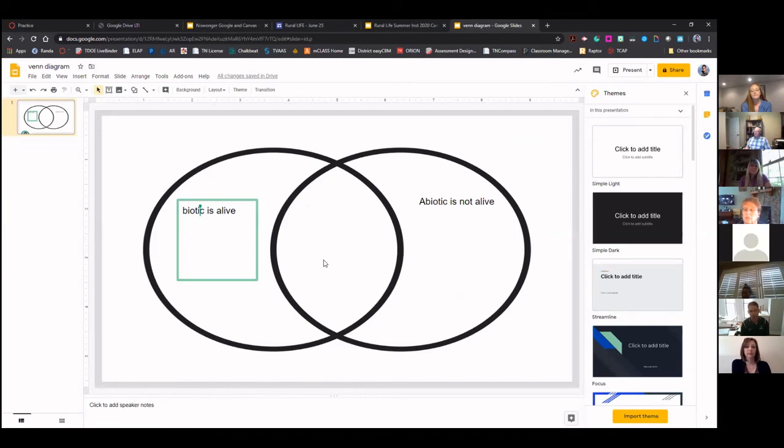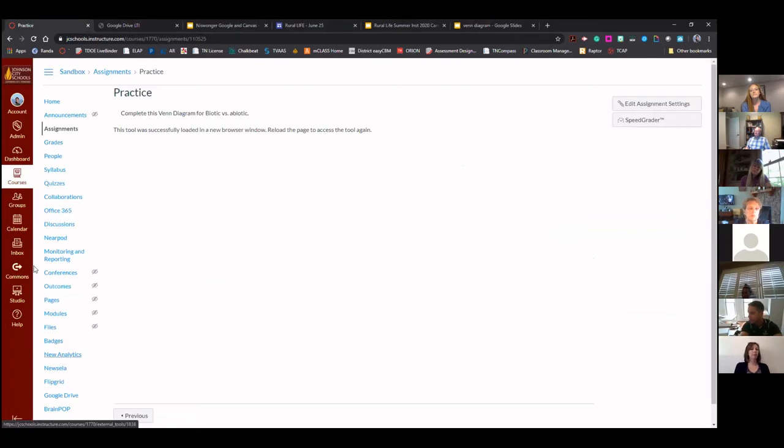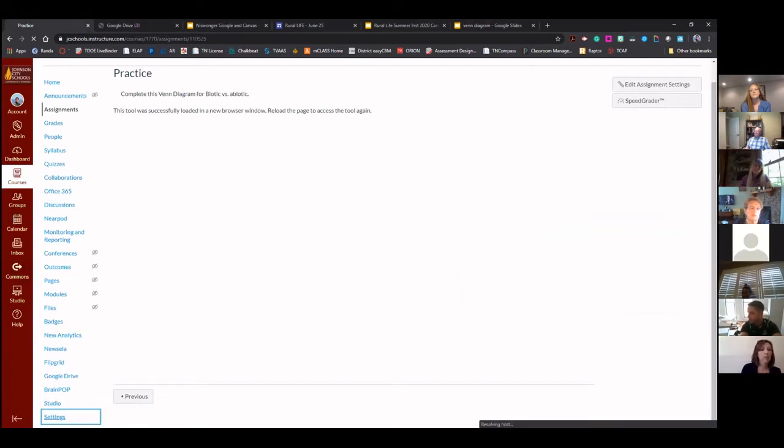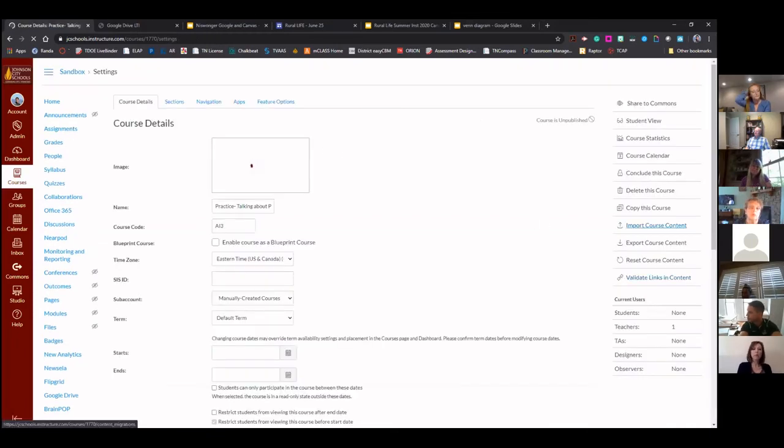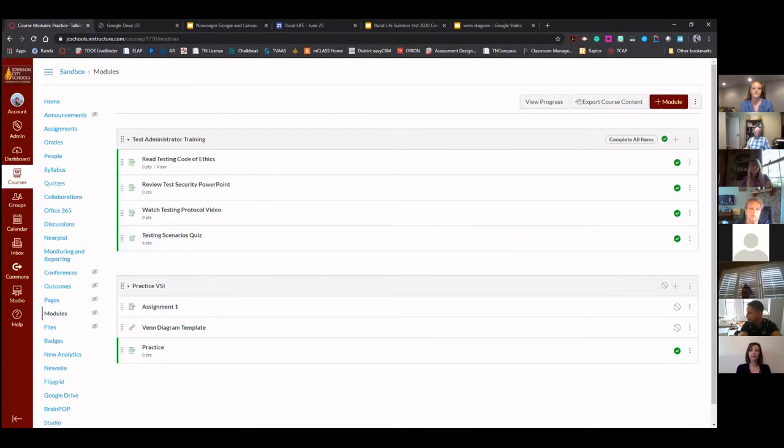So if you have a research paper template like we talked about for Google Docs, you can have them make a copy, and then inside of that, whenever you're inside of your Canvas, I'm going to go to my student view really quick. So I'm going to go to student view. Oh, wait a second. I don't think I published that one. Whoops. Let me go back and change that really quick. I'll let y'all catch your breath for a second.